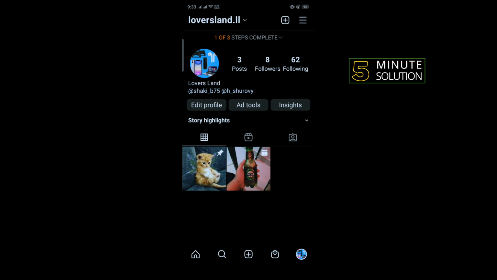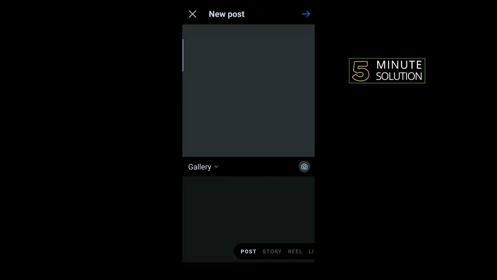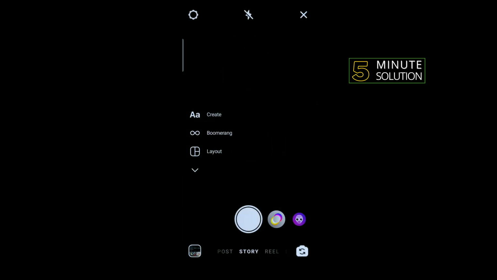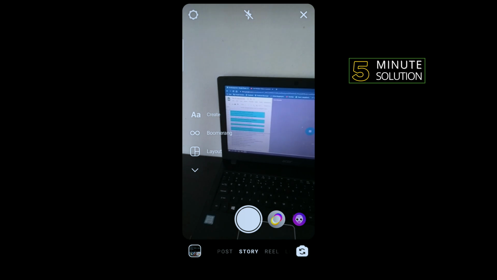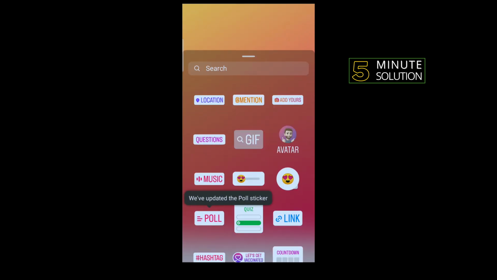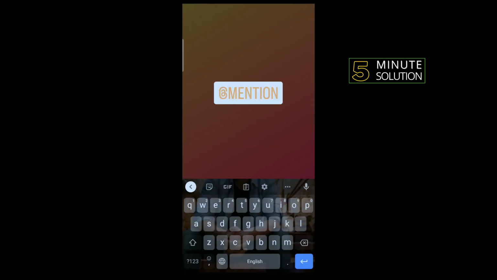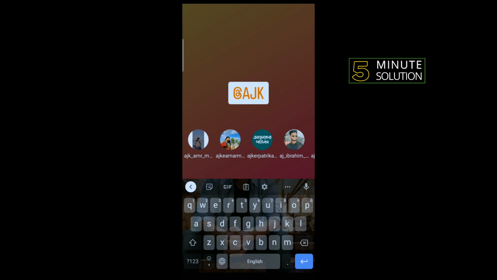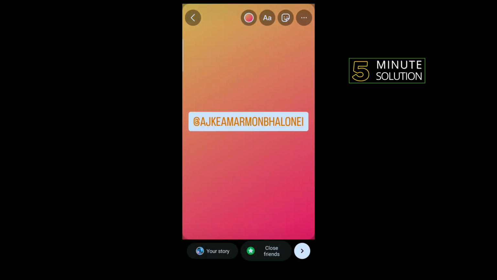So first of all, I'm going to tap on this plus icon and select story. I'm tapping on create, and to add a mention I'm going to tap on this sticker icon and mention, and I'm selecting here. So here you can see I have successfully added a mention here, and to change the mention font all you